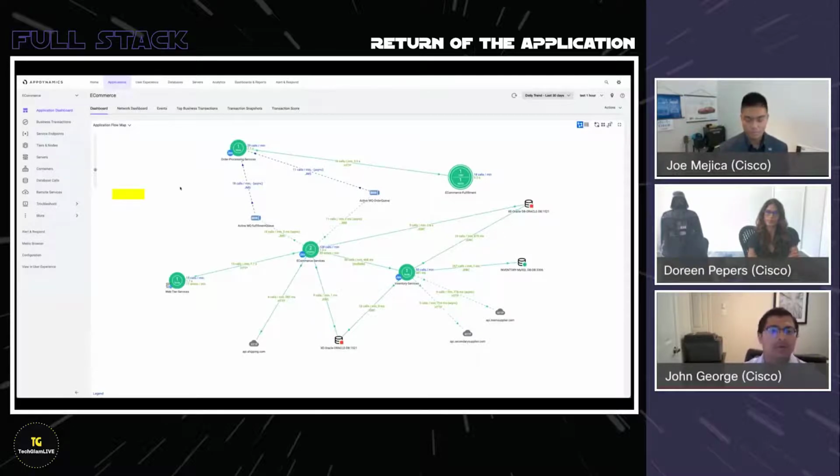Now, traditionally, the flow map that you see here was maintained by developers, and it's not uncommon that those diagrams go stale. Someone adds a new feature, adds a new node, nobody notices it, or they forget to update that visual diagram, and it's already stale. So when something happens, you pull that visual diagram up, you're already missing a node there. AppDynamics solves that for you, gives you this 10,000 foot level systems view, so you understand the different components within